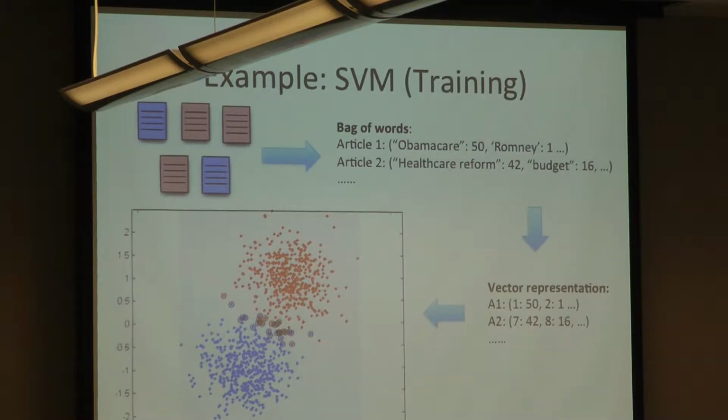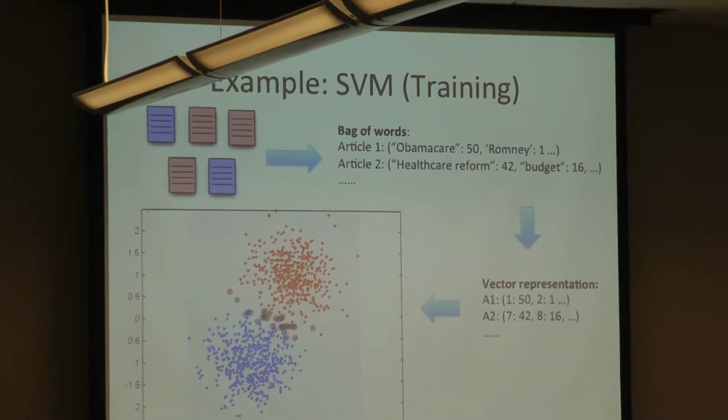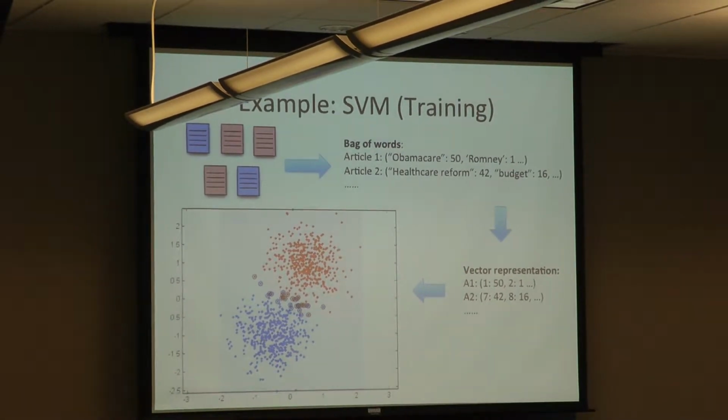To make it a little bit easier to see, I just use this two-dimensional diagram. Basically, you can see that each dot on this diagram represents a political article. From those articles, you just plot these dots on this diagram. The smart thing of SVM, this algorithm, is to find the cut so that once it has this cut, it